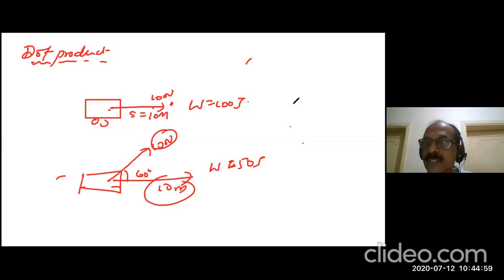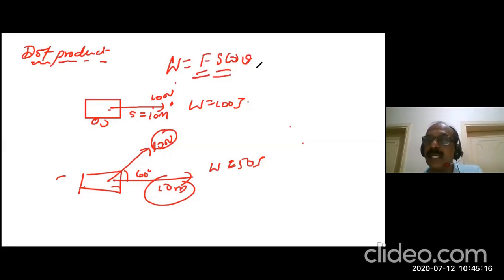You understand the difference? Less energy to move that. F will not come completely here. So the general formula for work we should take is F s cos theta. That's what in smaller classes also you are studying: work done is the product of force and displacement in the direction of the force.